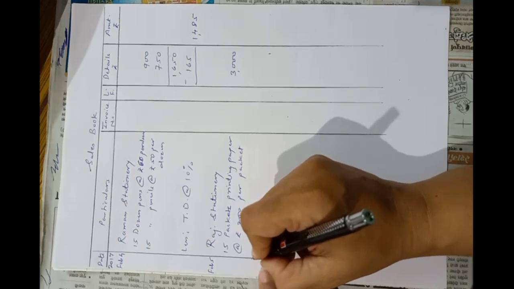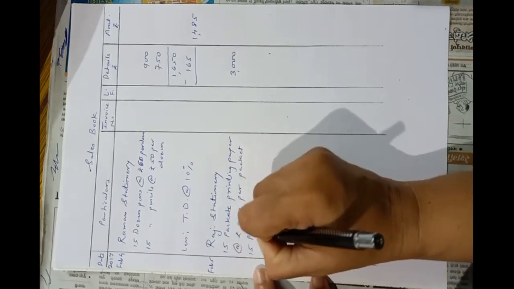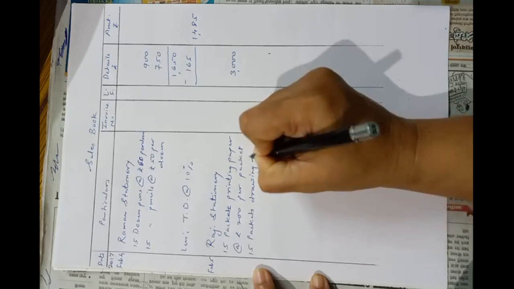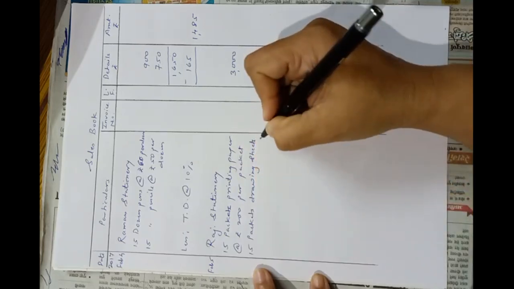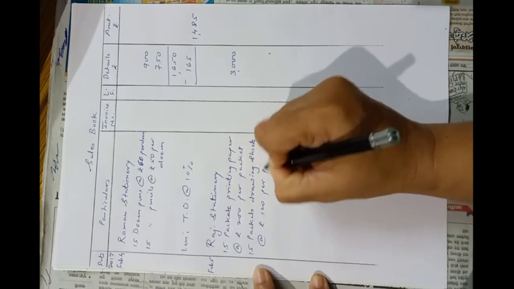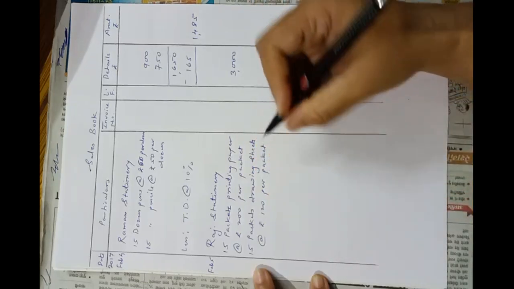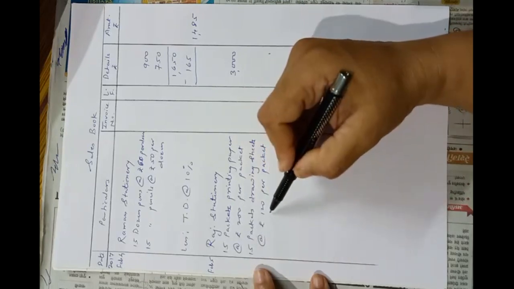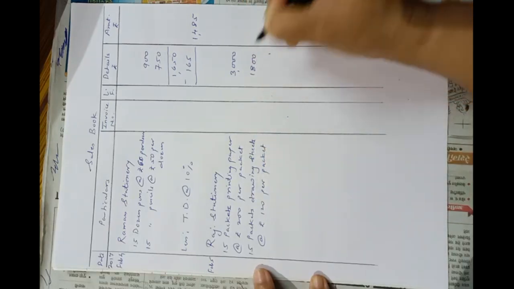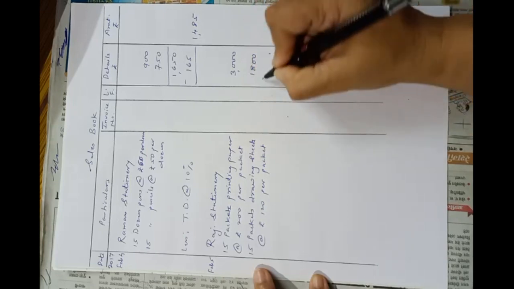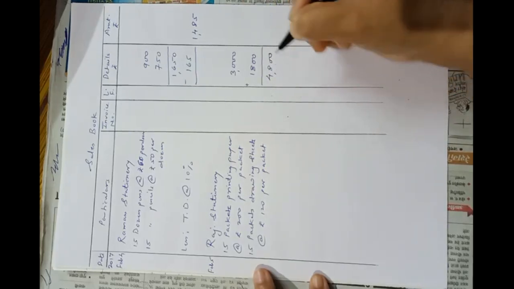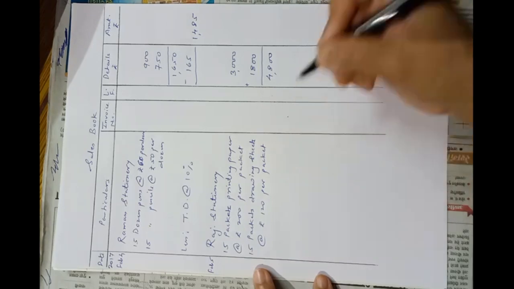Next is 15 packets drawing sheets. Drawing sheets at rupees 120 per packet. So 120 into 15, so it will be 1800. Okay, now I will add these two items. It is 4800, and there is trade discount at 15%, so less